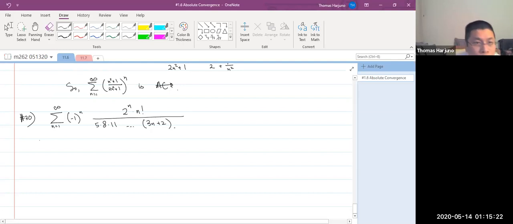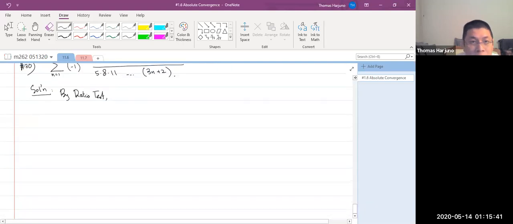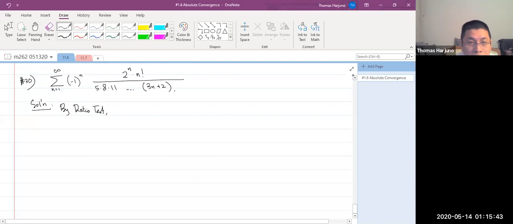So let's do the root test. By root test, no, I should use the ratio test. Yeah, it seems intimidating, but sometimes it's just about how patient you are in writing your notation. Okay, so this is equal to